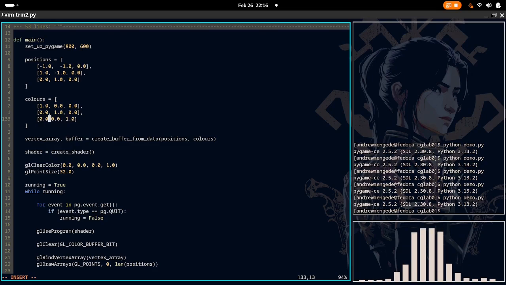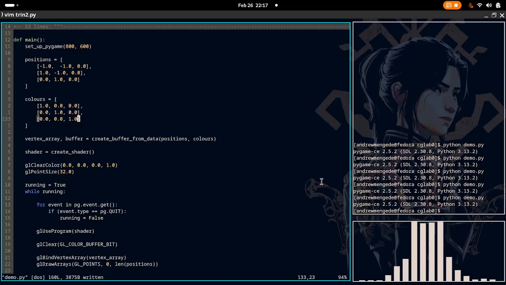So the way these work is each of these components represents a color channel, red, green, or blue, and they're normalized between 0 and 1, where 0 is no contribution on that channel, and 1 is full contribution. So hopefully looking through here, you can see we've got 3 colors defined, and we've got full red,